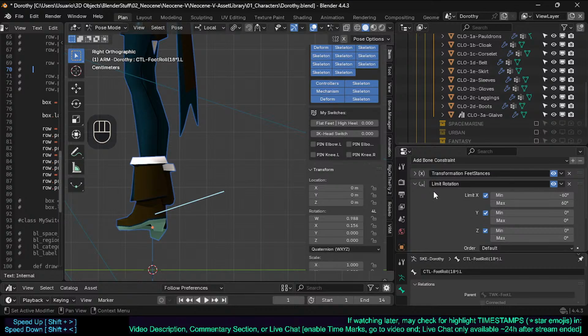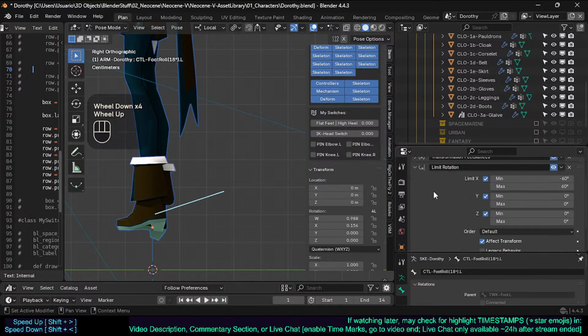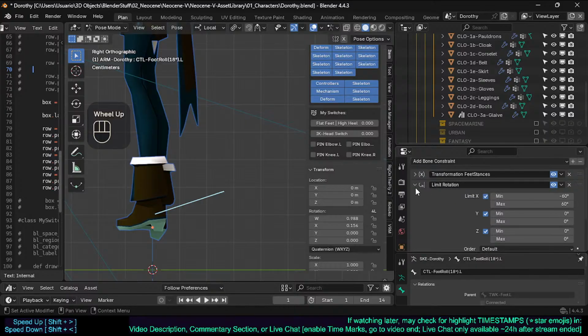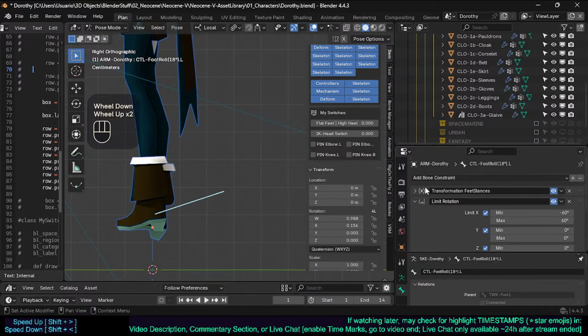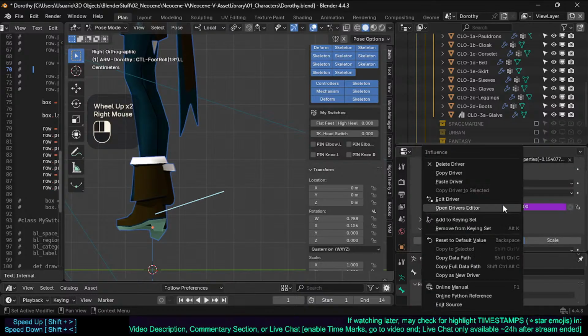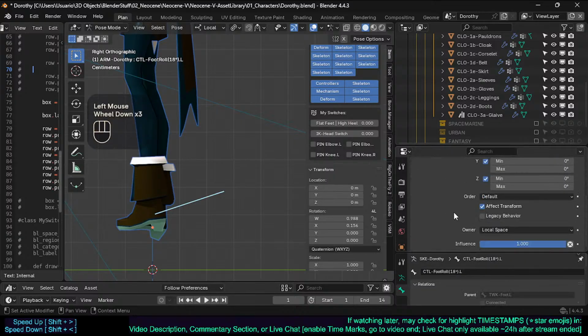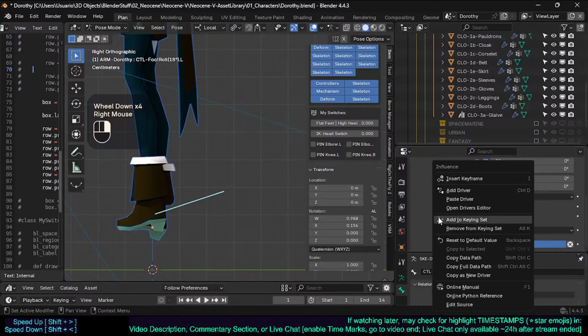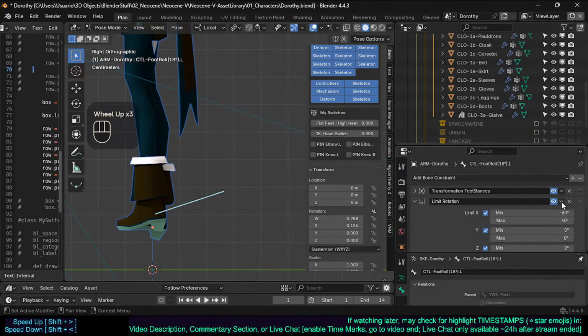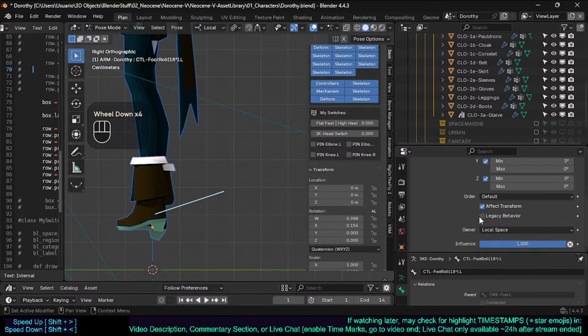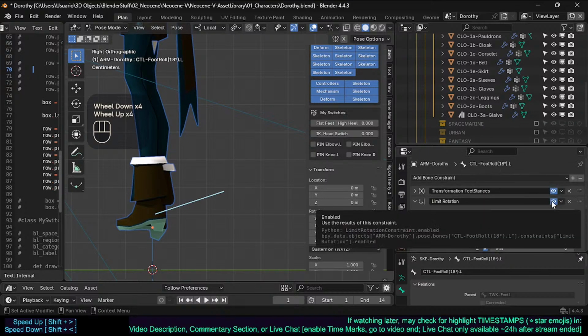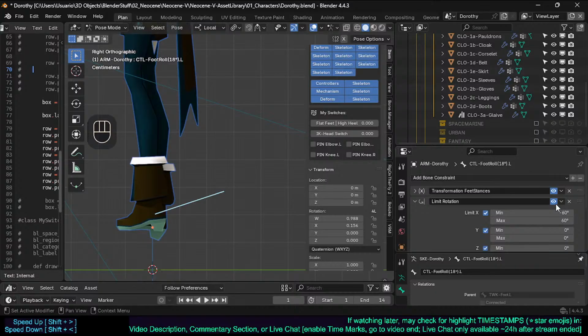So, but this is adaptive limit rotation with copy driver, paste. Oh wait, hold on, this can cause some issue because it's not boolean, but maybe that is